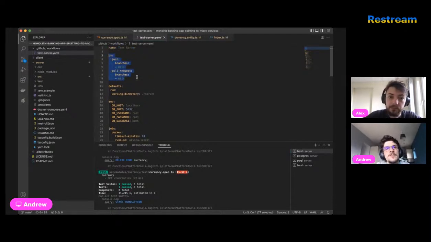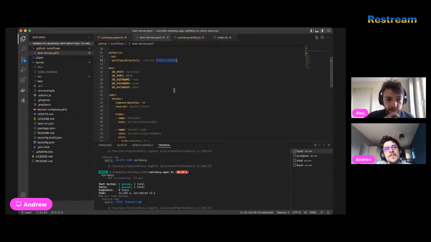A bit of the things I was digging about. This is the default thing I specified here. This is a way to say the working directory I will be working in during all this execution. It's server. So basically here, we do something like that at the beginning in our code, kind of. Then another bit, we also need to create environment.